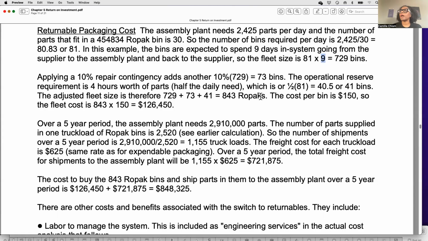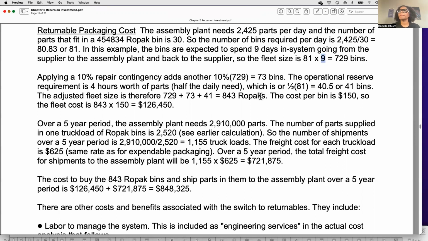Next, we have the operational reserve. So they need to have 4 hours worth of material, which is half of the shift or half of what they use a day. So you can take half, which means, since we know that's half of what they need per day because they're on an 8-hour shift. So that's another thing you need to know. So we're assuming this for this one because some plants have multiple shifts, some plants have 10-hour shifts, whatever that is,